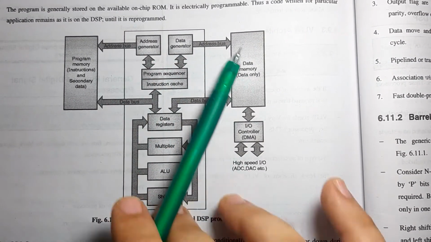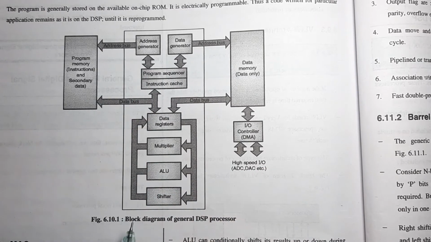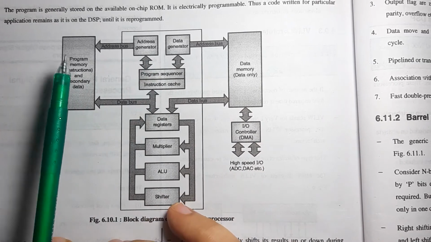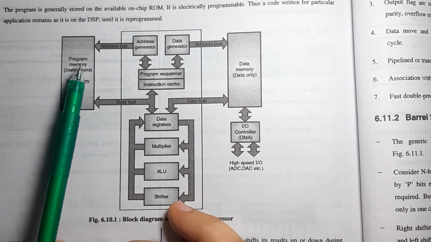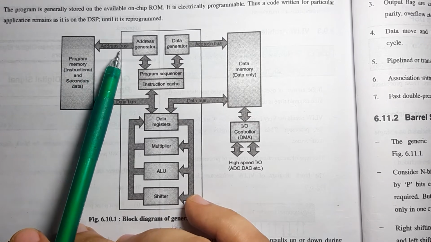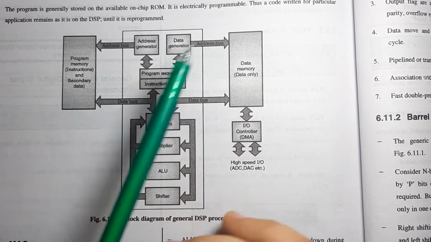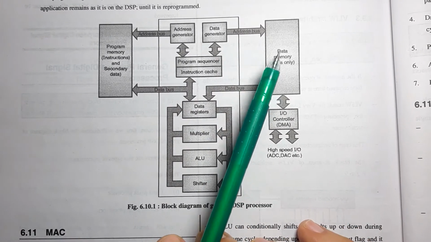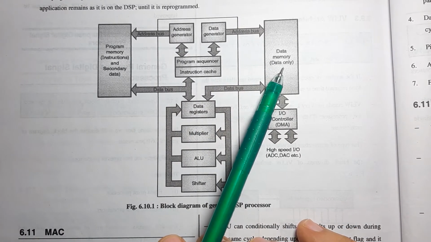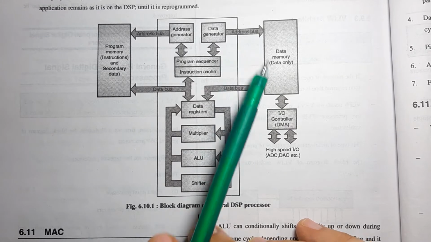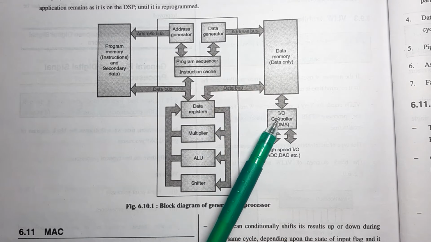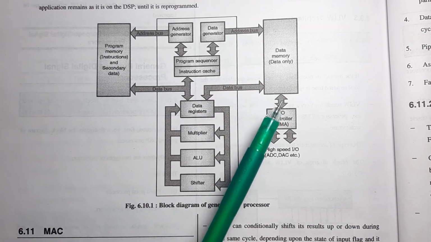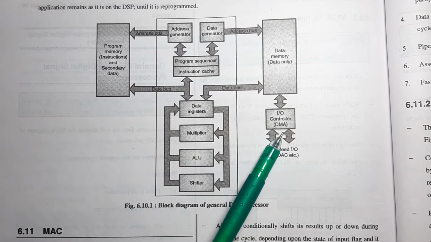It's a simple diagram over here, wherein if you look, this one is working as a CPU in the middle, and it is being connected to the program memory via the address bus and the data bus over here. Similarly, it is connected to the data memory over here, wherein only data is being connected. So over here it is given by address bus and data bus, and this data memory is bidirectionally connected to the input output controller, or in other words DMA.